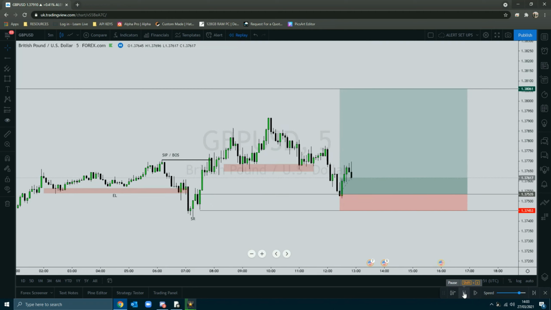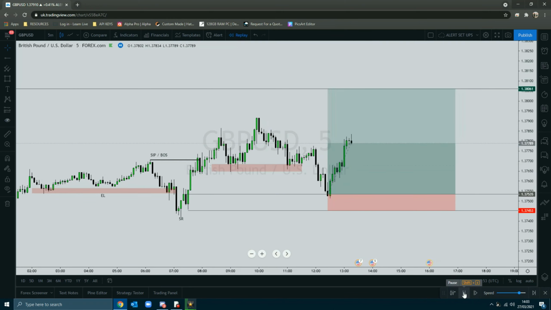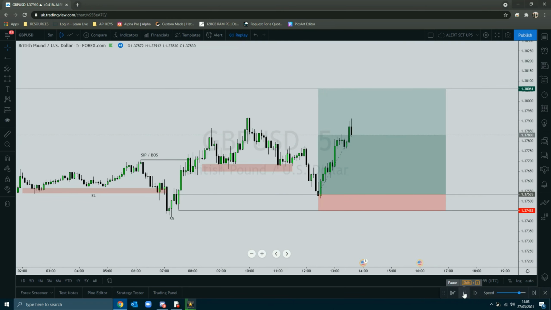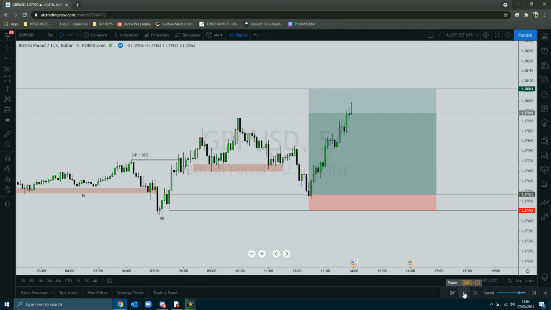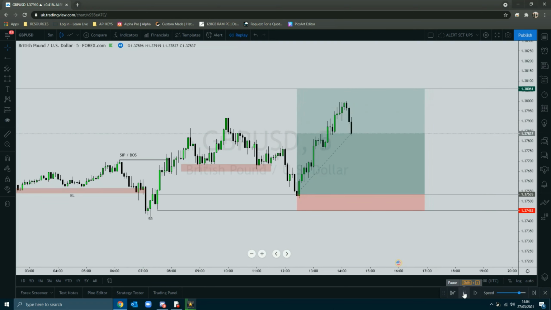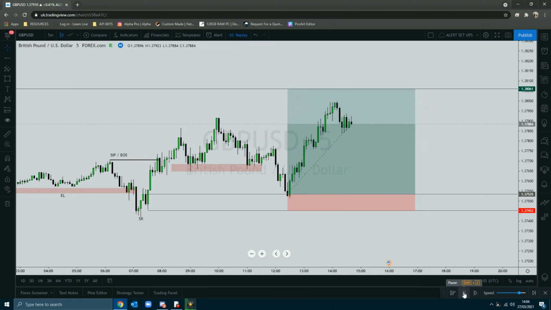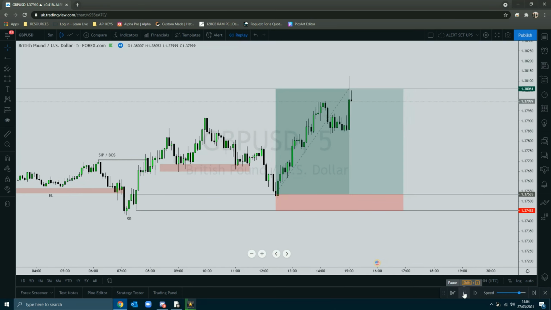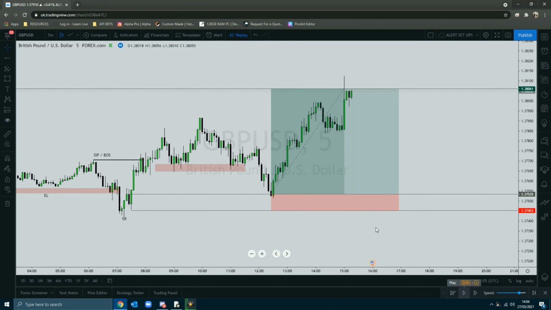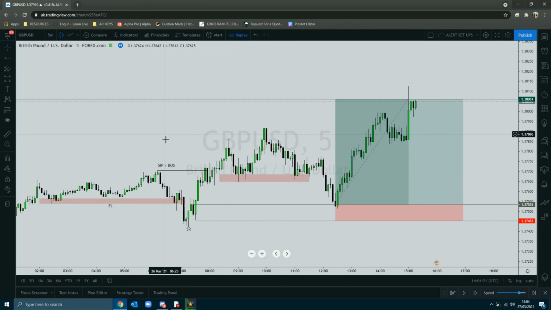You can see it just reacted straight there, and it went straight to target pretty much, with very few shallow pullbacks on the way up. And there you go, that was target hit right there. So that was a New York trade. I didn't measure the pips actually on this. Let's have a look. We did take 52 pips, nearly 53 pips out of the market. So very nice trade. All about the time, the pattern, what's gone on previously, and we've also got the target,